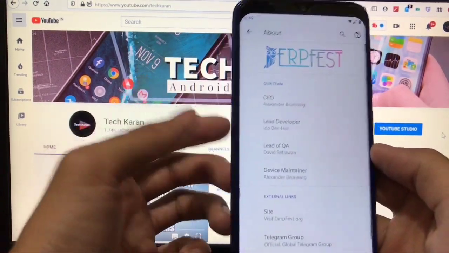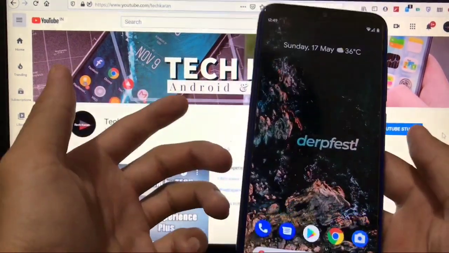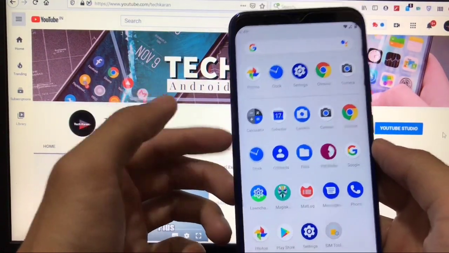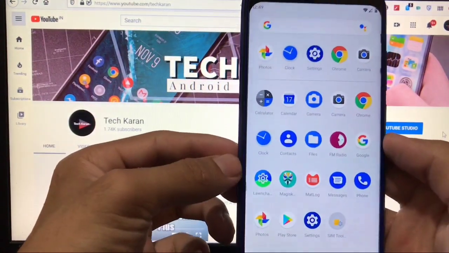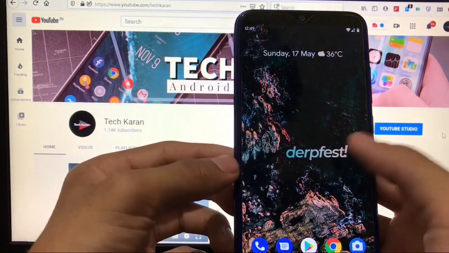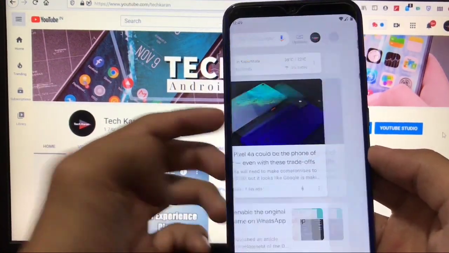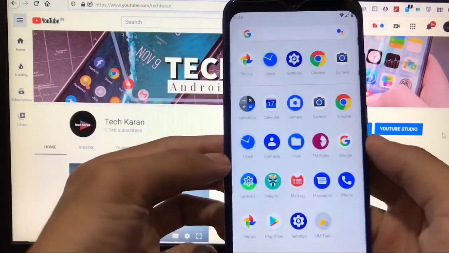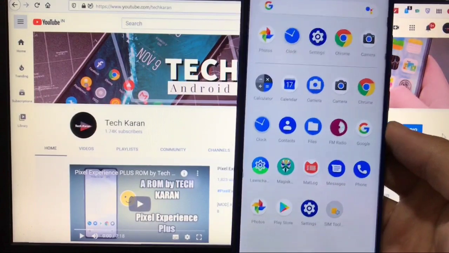And about this is Dubfest ROM. This is all from the features. This was all from the Gcam. I think you have liked this video. You already watched what are the things you get in the Dubfest custom ROM. If you have ever used it, you can see all these customizations are previously available. Launcher has this Google feed. If you talk about performance, it's just awesome, properly improved, smooth scrolling, and a lot of things.